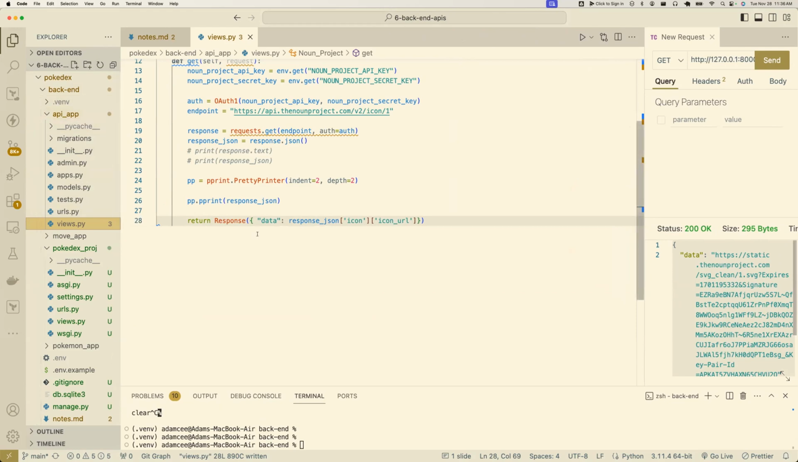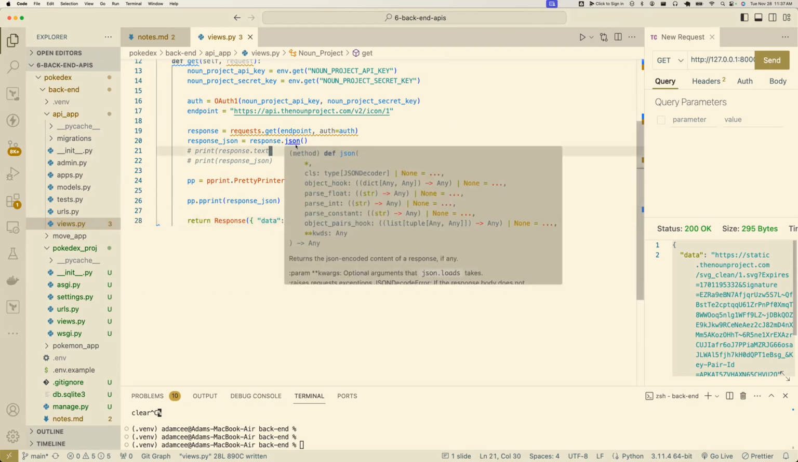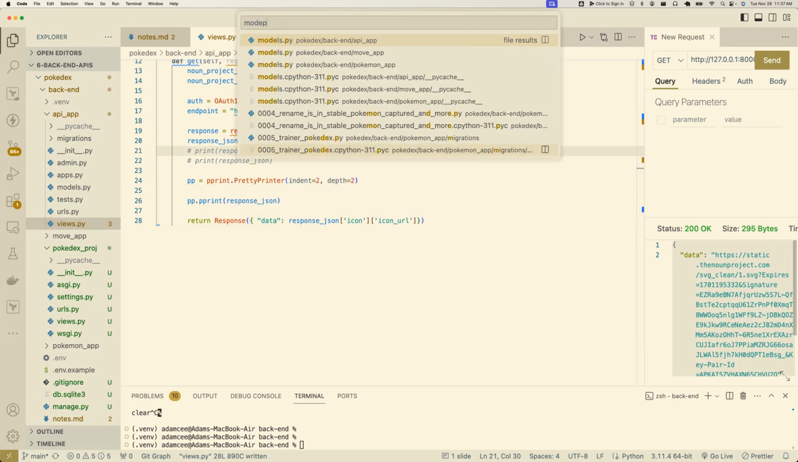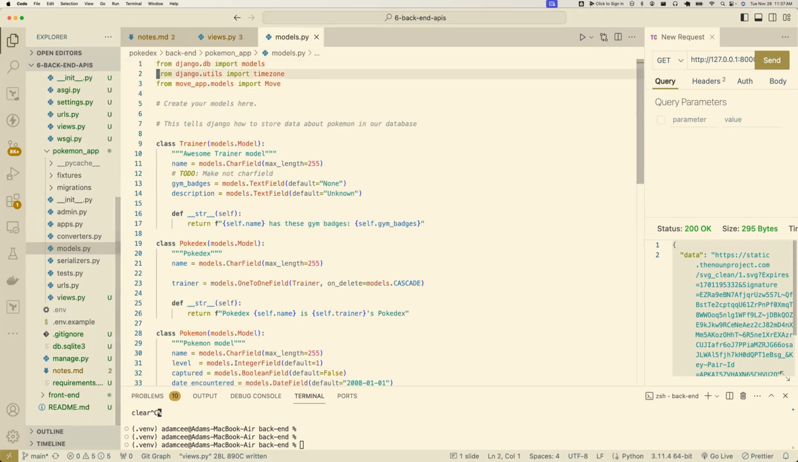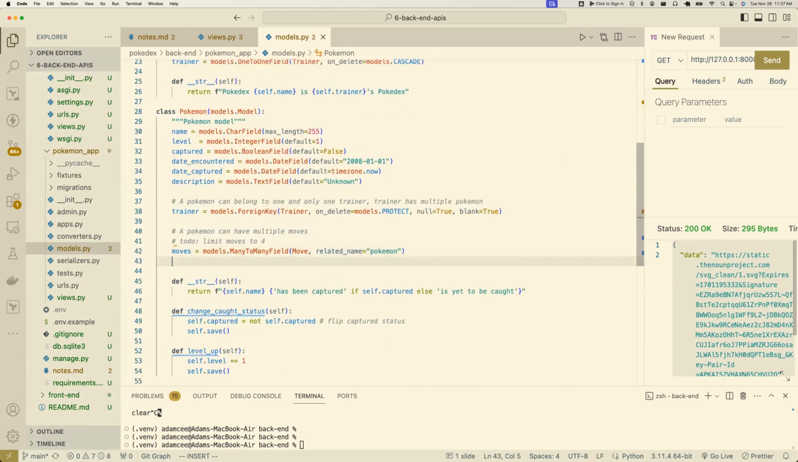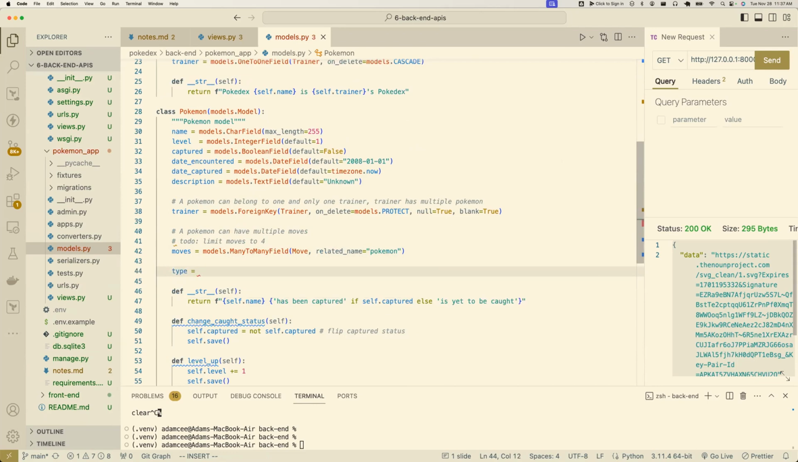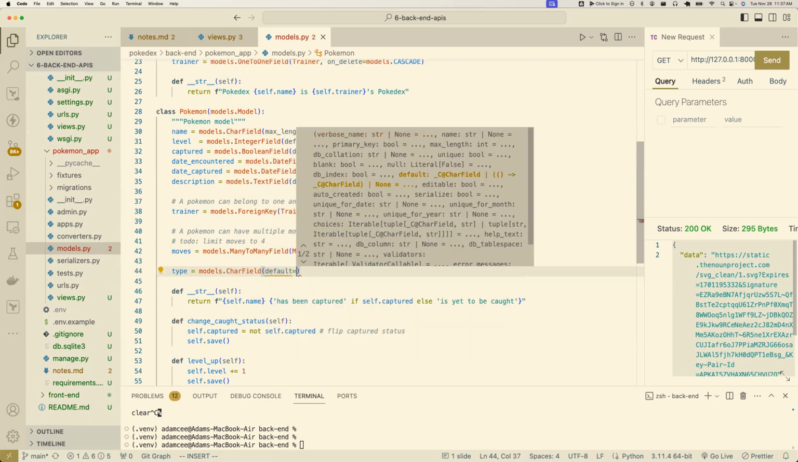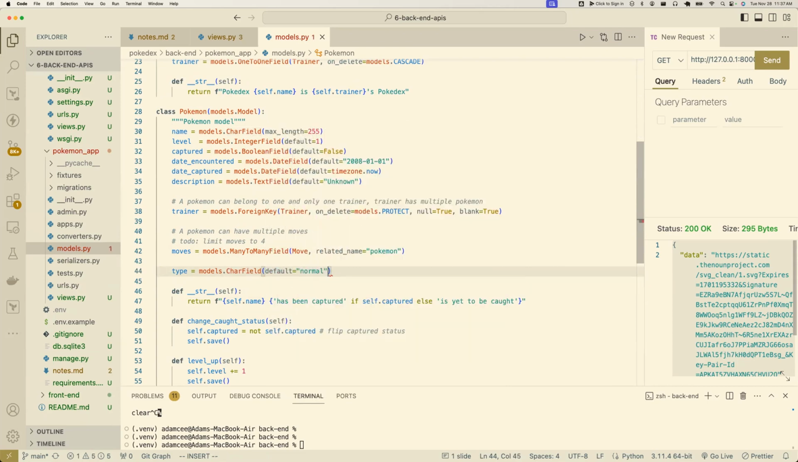So where we want to end up here is I want to add a new property to our Pokemon model. If I go to models.py for my Pokemon, we have trainer, we have Pokedex, we have all these things. What I want to add is type, and I want it to be a char field. I want to give it a default value where a Pokemon has a normal type,